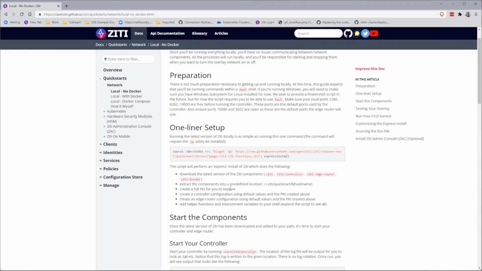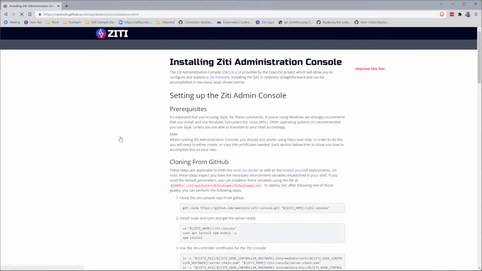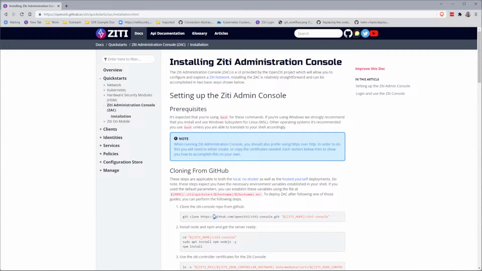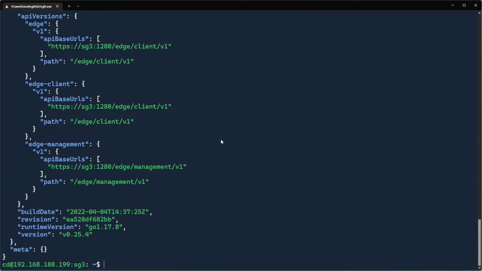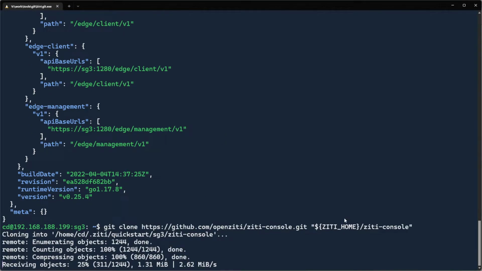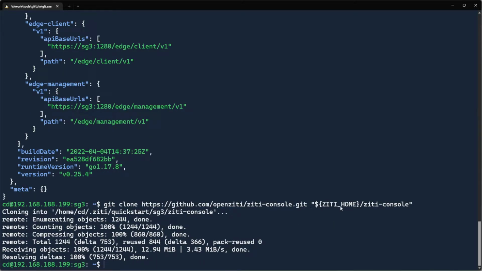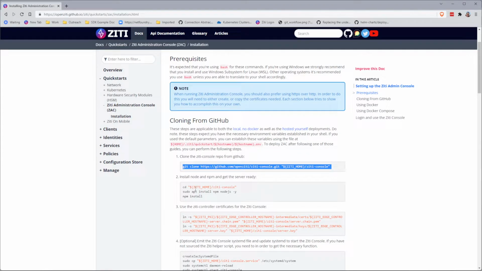Now let's go ahead and flip back and follow the Ziti administration guide installation, the administration console installation. You have two choices here. You can use Docker. You can not use Docker. I'm going to use the not Docker example. So let's go ahead and clone Ziti console into the location specified in Ziti home, and then we will cd to Ziti home and run apt install